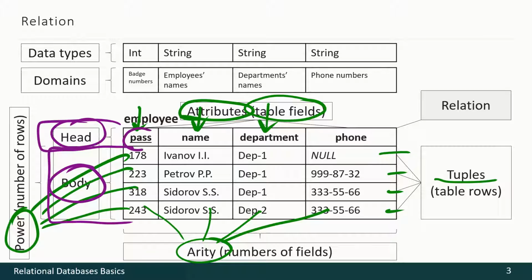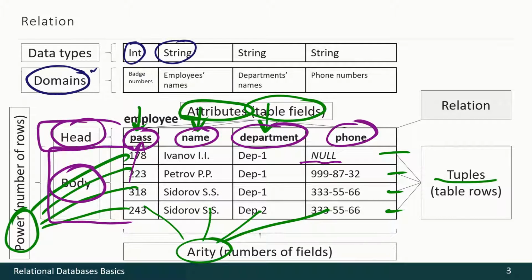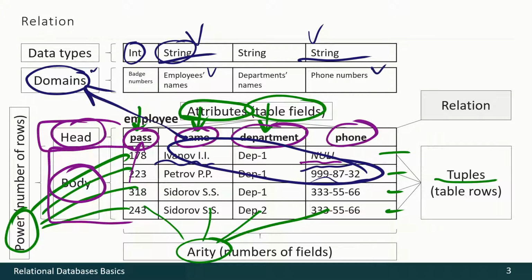Each attribute has a name, a data type, and some other properties, like is it nullable or not, is it primary key or not, and so on. As mentioned a couple of seconds ago, each attribute has a data type, like integer, string, and so on. But there may be another constraint called domain. Because, for instance, let's compare this string and this string. Of course, they are both strings, but employee name and phone number have different formats, different possible values, and so on, and all these are described by data domain.